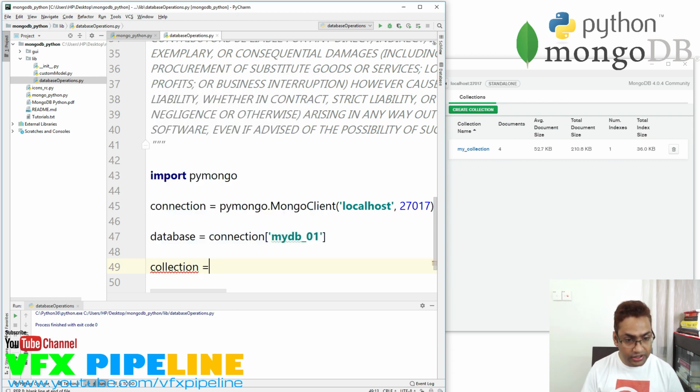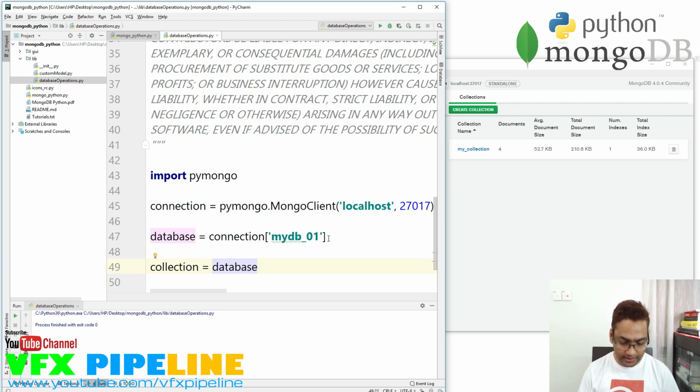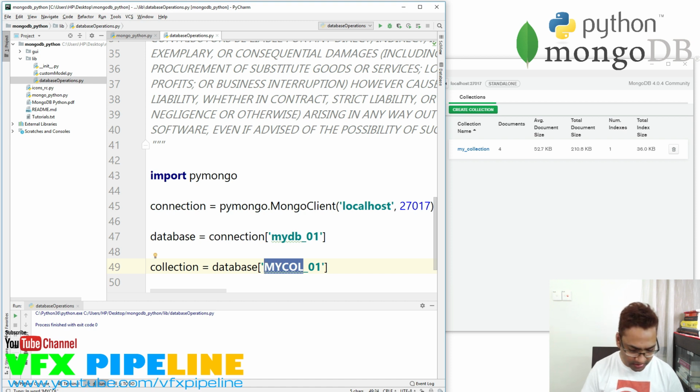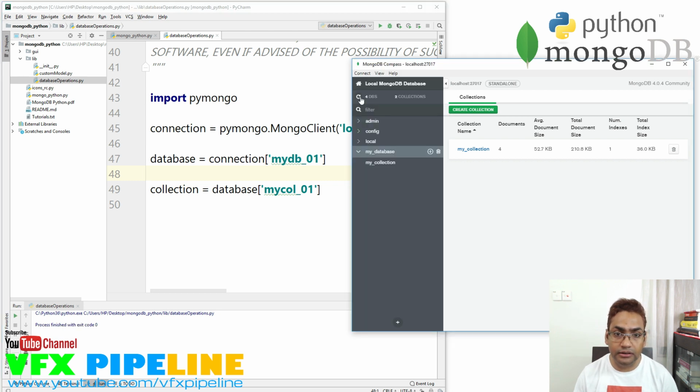So collection equals to, now we need to take the database which we created, and here we need to provide the name of the collection, which is my collection 01. The name can be upper or lower case, it doesn't matter, but I will use lower. So myDB01, my collection 01. Okay, now let's run this and see if we can see something here. Refresh. No,